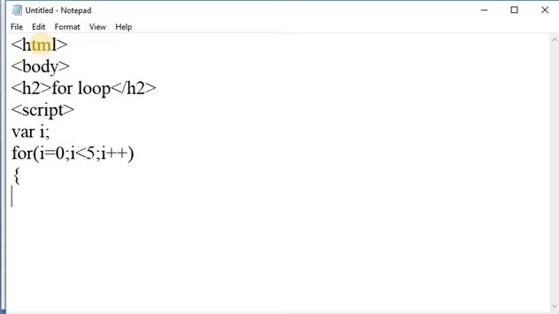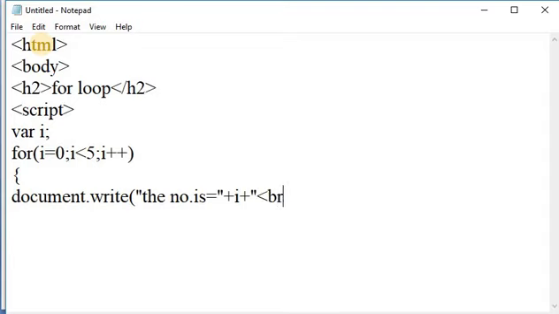Next, I am printing the statement with document.write, the number is equal to, with a concatenation operation, and here I am writing the break tag, that is the BR tag.